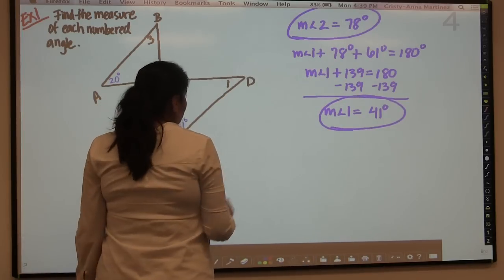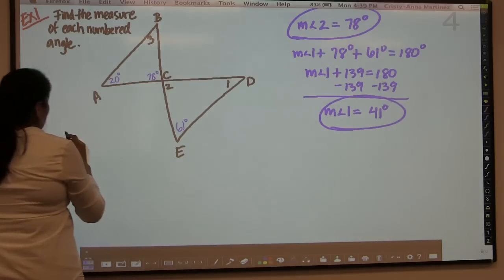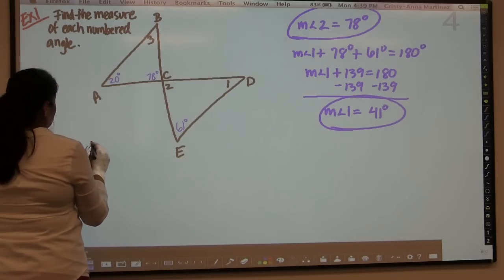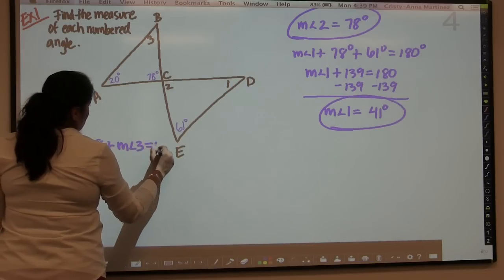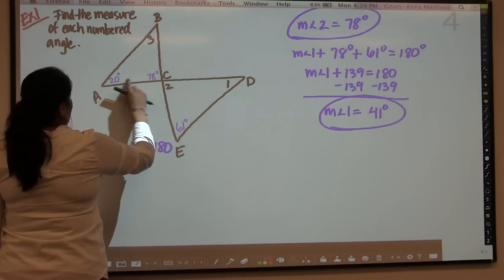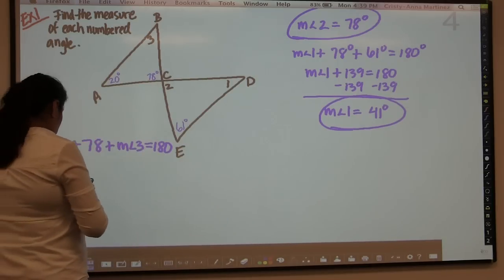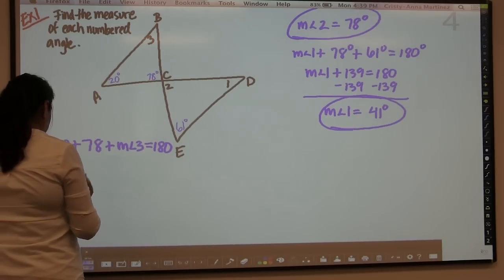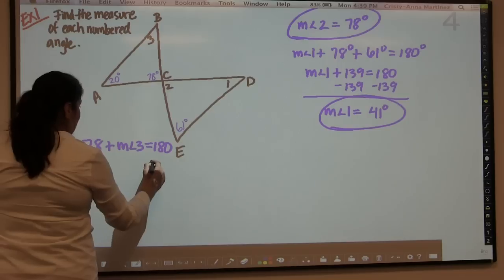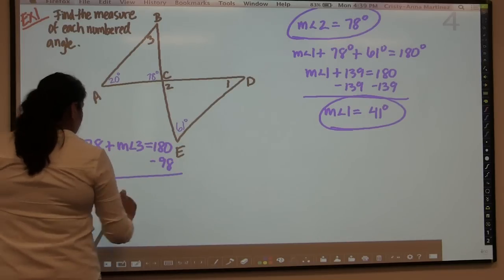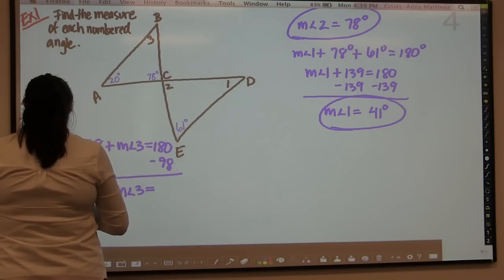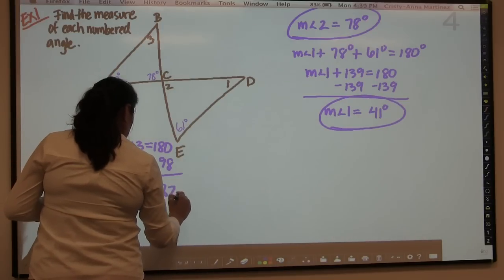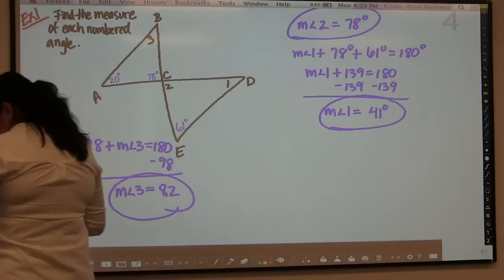And like we did for angle 1, we can state that 20 degrees plus 78 degrees plus the measurement of angle 3 should equal 180 as well. These three interior angles here should also equal 180, and 20 and 78 is 98. So if I subtract 98 from both sides, then the measurement of angle 3 is equal to 180 minus 98, which is 82. So that's how I find the three